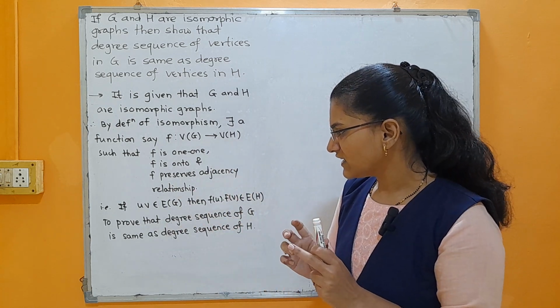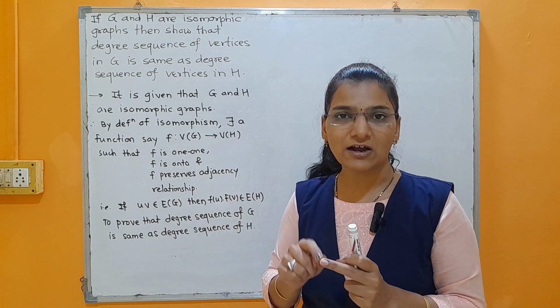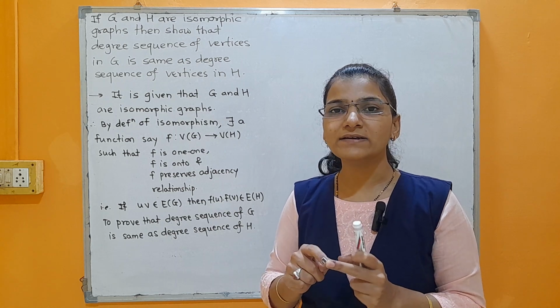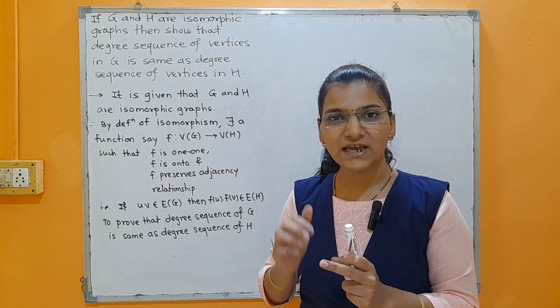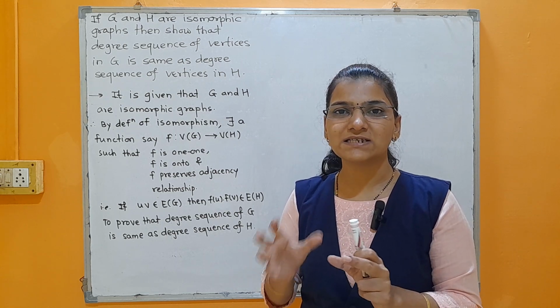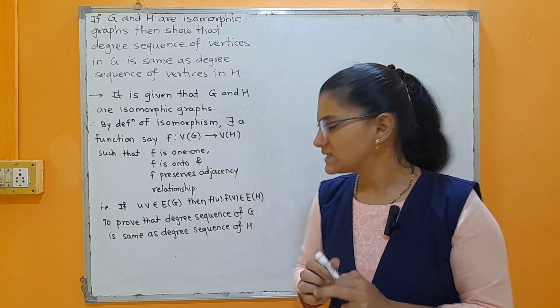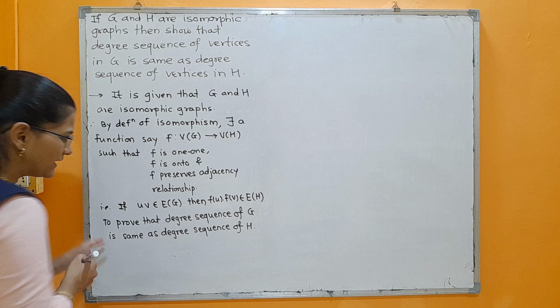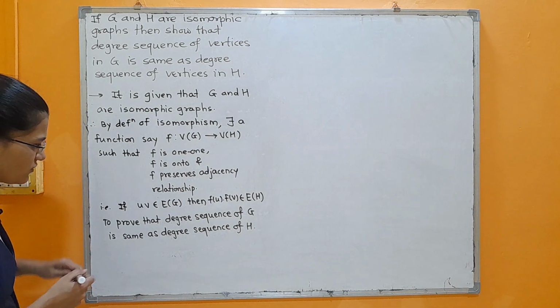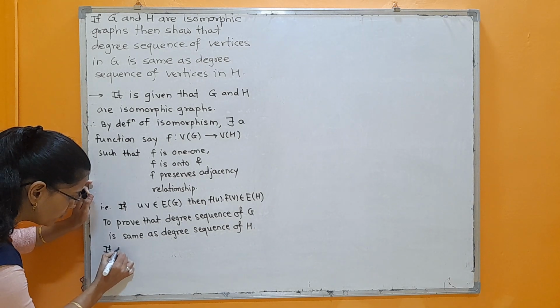So we are considering a vertex u in graph G and we will prove that its image v, that is v equals f of u, in H has the same degree. So to prove the degree sequence of G is the same as the degree sequence of H, it is enough to prove